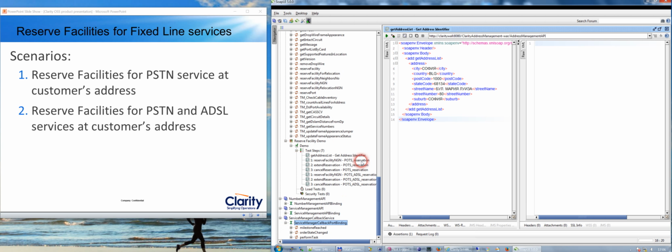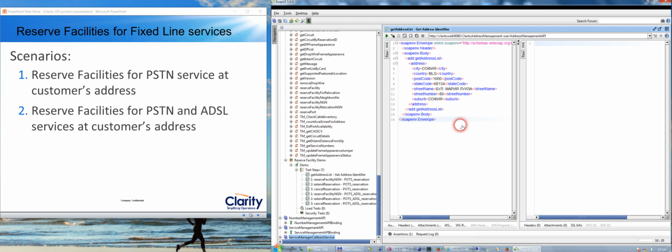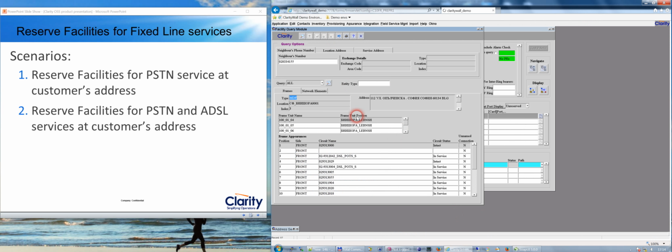Different requests, for example, during the workflow processing as well. Now, to prepare data for those two scenarios, which we will use by invoking those web services, I used the Facility Query module from Clarity Forms, from Clarity Inventory Suite, which allowed me to view facilities available for providing a service